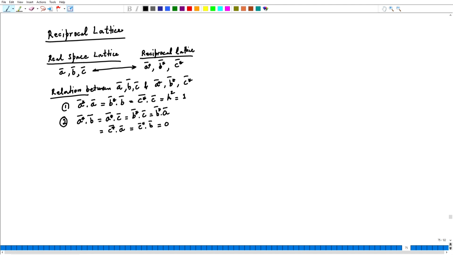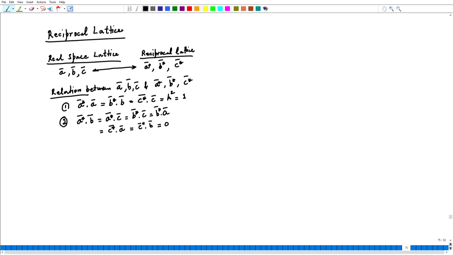So, if I am given a set of vectors like A, B, C and the reciprocal lattice vectors A star, B star, C star, if I plug it into these relationships, and if they follow these relationships, then the 2 lattices are related in a reciprocal nature. And why we call them reciprocal is because they will have some reciprocal properties to each other. Let us examine this further, because these set of relationships allows us to look at whether the 2 lattices are related in a reciprocal way or not.